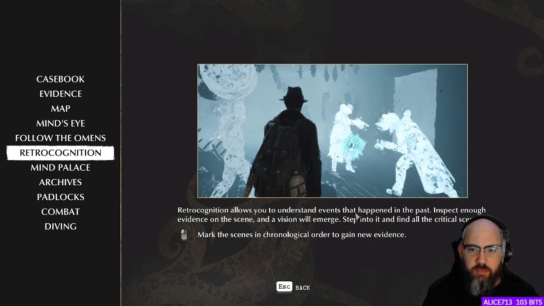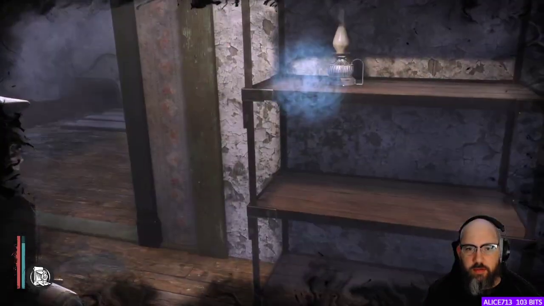Retrocognition allows you to understand events that happened in the past. Collect enough evidence on the scene and a vision will emerge. Step into it and find all the critical scenes. I don't know if I would...